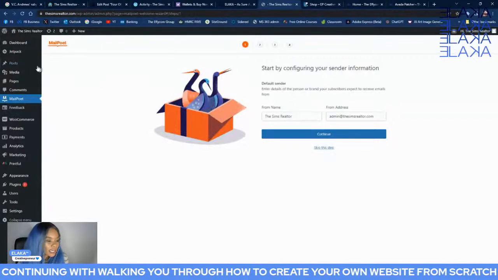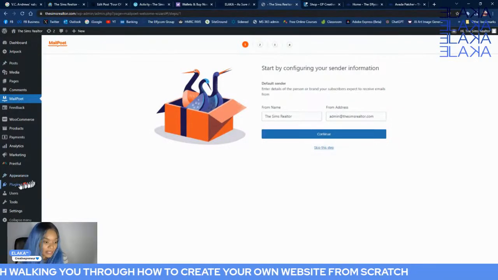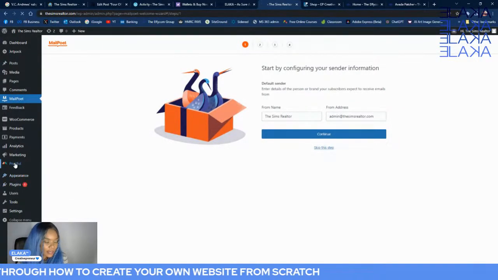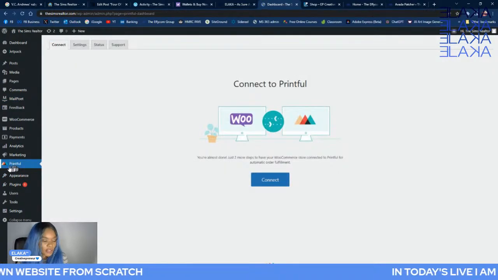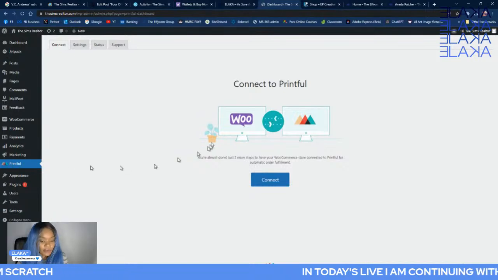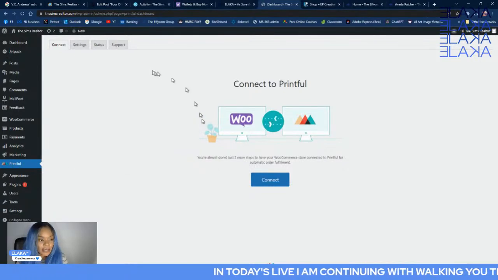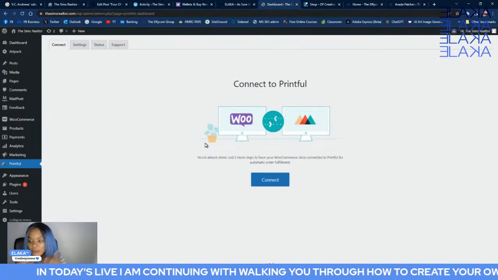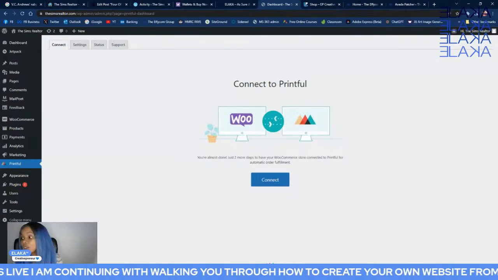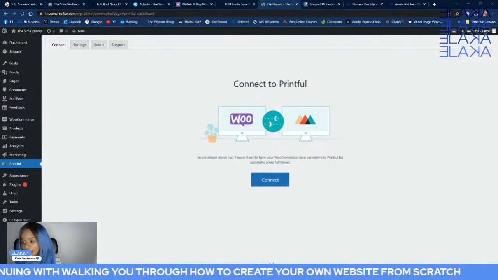Now, it's trying to take me to MailPoet. I don't want that. So I'm going to click on Printful. I do not want MailPoet just as yet. Okay, so as you can see here, when I click on Printful, once it's been activated, it's asking me to go ahead and connect it. So bear in mind, every time you install a new plugin on